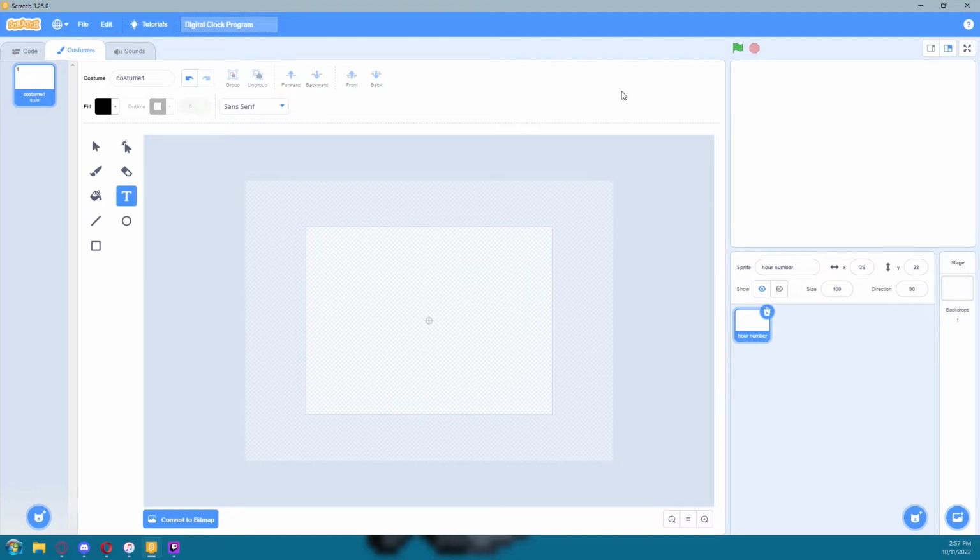If you want to make this project use bitmap graphics, I'd suggest first creating the sprite and all the numbers in vector before converting to bitmap,